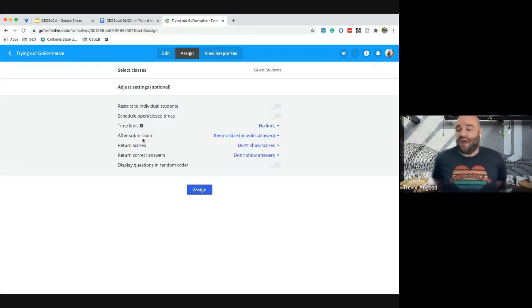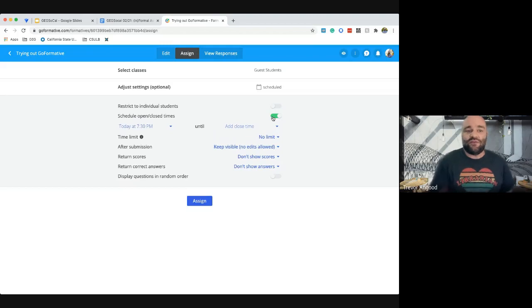So first, I can restrict anything to individual students. If you have students that you need to modify or adapt curriculum for, you can send it to them, and then it's sent to Google Classroom to those students. I can schedule open and close times. A lot of what I do in here besides quizzes is